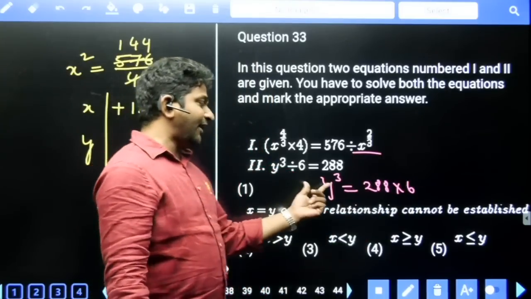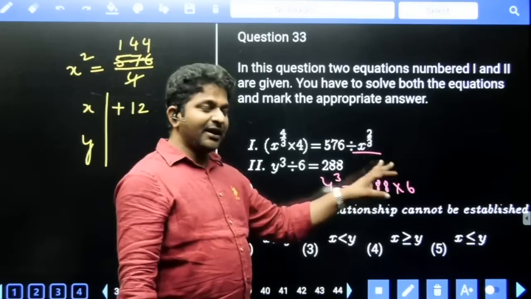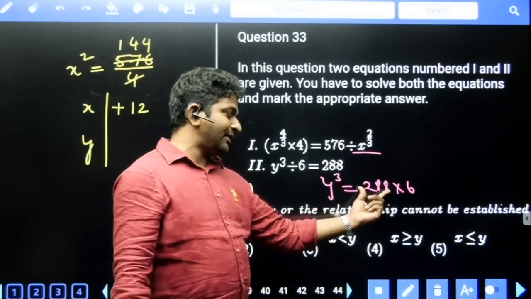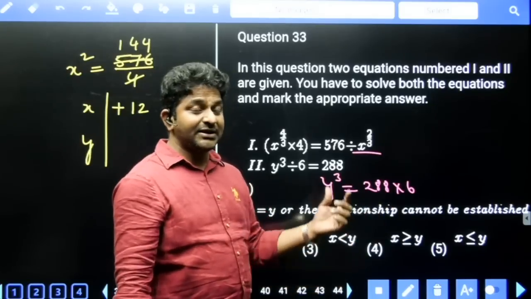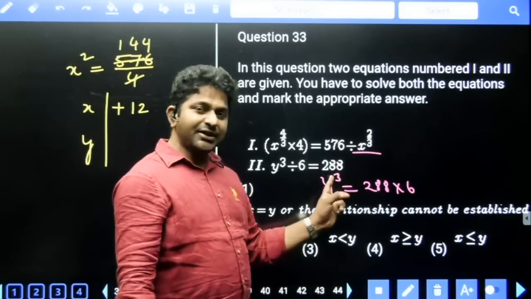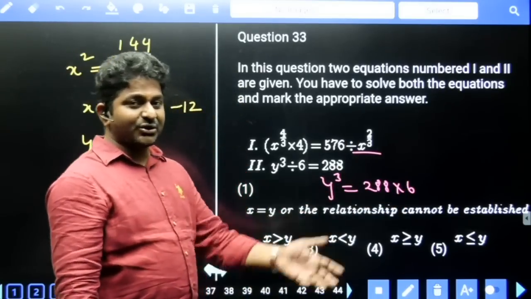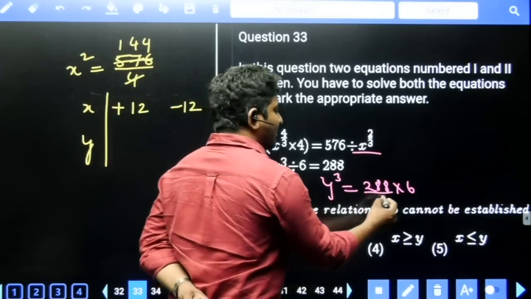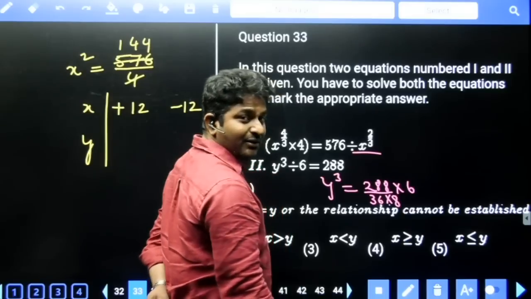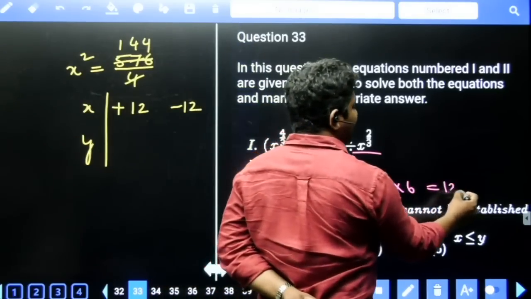As we have cube value on left hand side, right hand side also it is given that clue. Right hand side value also should be a cube value. Already we have 6. I would like to write 288 as product of two numbers, and one of the numbers is 36. Why 36? Because left hand side cube is there and already 6 is there, I definitely get 36, 6 square, as the other number. So this number can be written as 36 into 8. 36 into 6 is equal to 216, 6 cube, and 8 can be written as 2 cube. Total this number can be written as 12 cube.